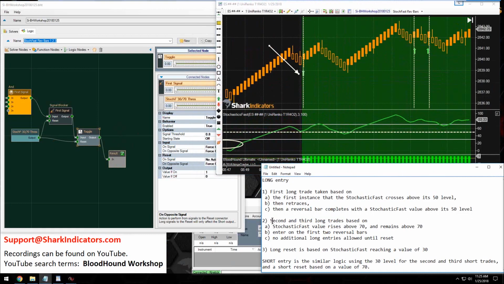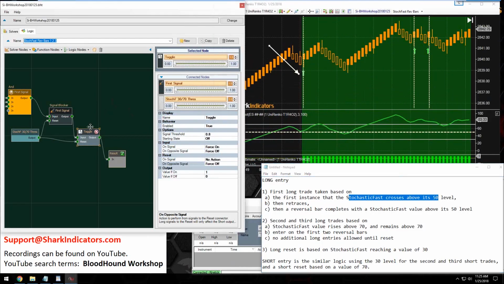Right, so looking at the rules for the second and third signal, it requires a stochastic above 70. But I suppose that the first signal could also occur above 70. It doesn't, right? So, yeah, I'm starting to think we do actually need that toggle node. So, yeah. All right, anyways,